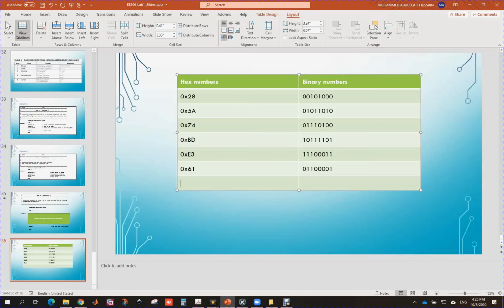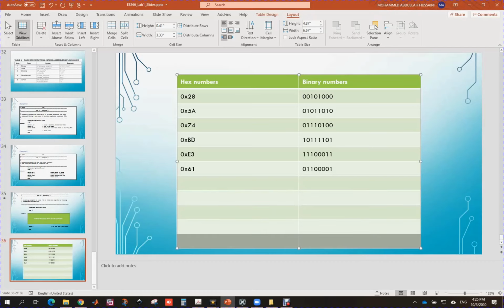And in the same way, if you are given binary numbers, you should be able to convert those binary numbers into hex numbers. So for example, if you have a number like this, what is this number? You should be able to immediately say that this number is 0x1F, and let's say if you have a number, now this number is 0x86. So whatever number is given,